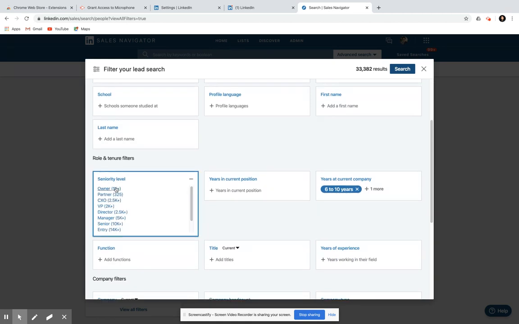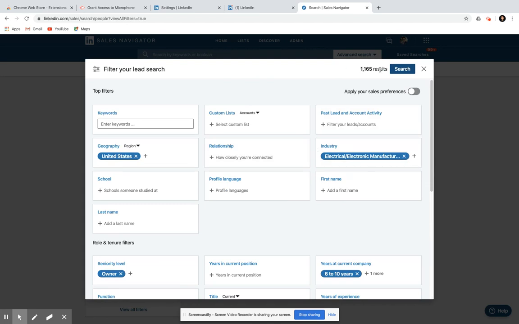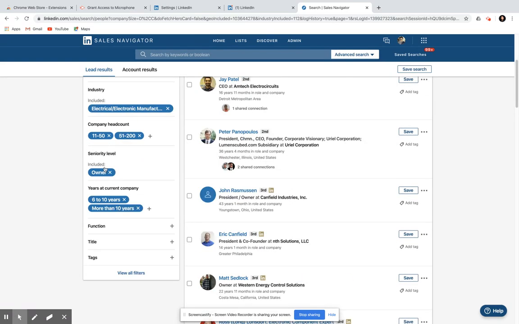Next thing you want is seniority level to be owner. So now you know that I have 165 people who are owners of electrical electronic manufacturing companies, and they have a headcount of 11 to 50, 51 to 200.